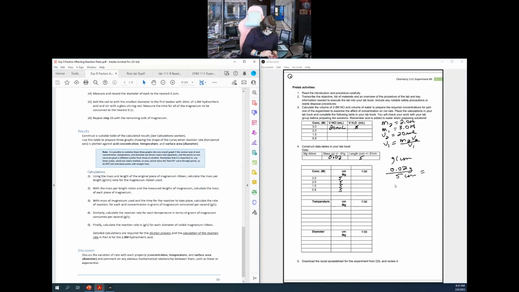So that's going to give me 0.004 grams per centimeter. Since I know it's a 5 centimeter piece times that 0.004 grams per centimeter, that means that the mass of each of those pieces